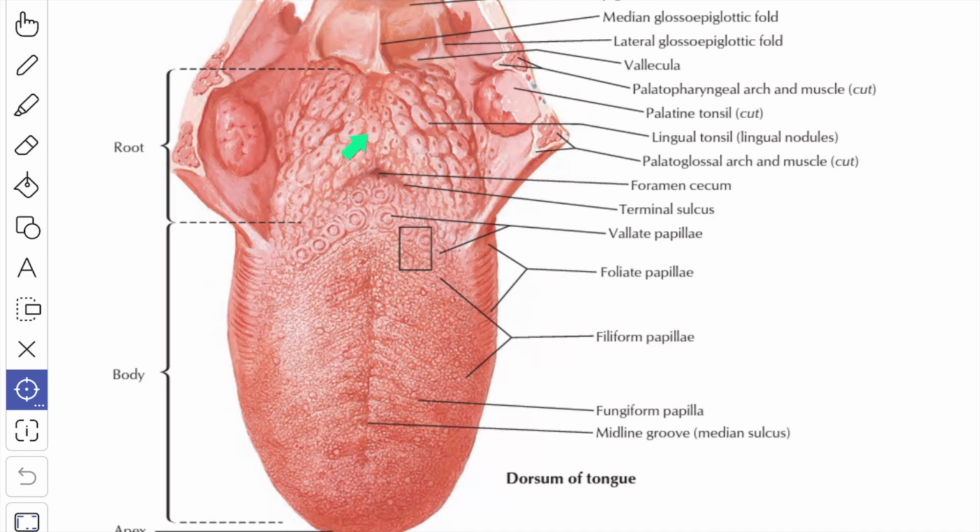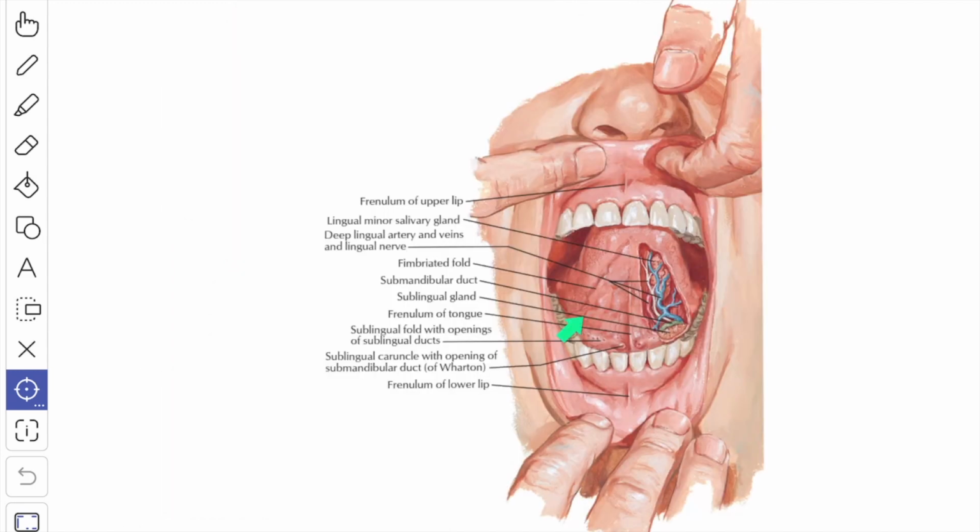Next we'll see about the post-sulcal part or the pharyngeal part. The mucous membrane is devoid of papillae and it is separated from the underlying muscle by a loose submucous coat. The submucous coat contains mucous and serous glands and numerous lymphatic follicles, known as the lingual tonsils. Each lymphatic follicle contains a collection of lymphocytes and a funnel-shaped central recess which receives the ductules of the mucous glands.